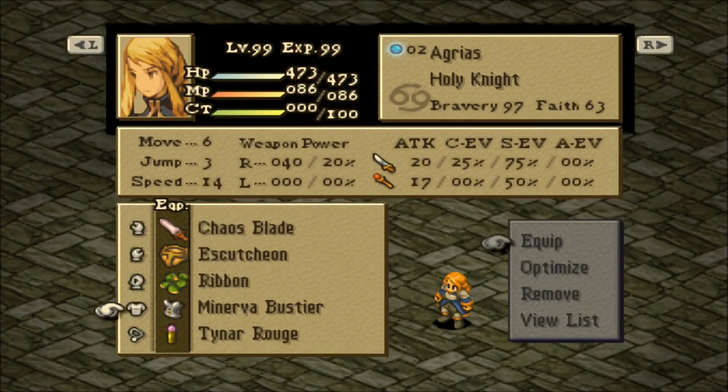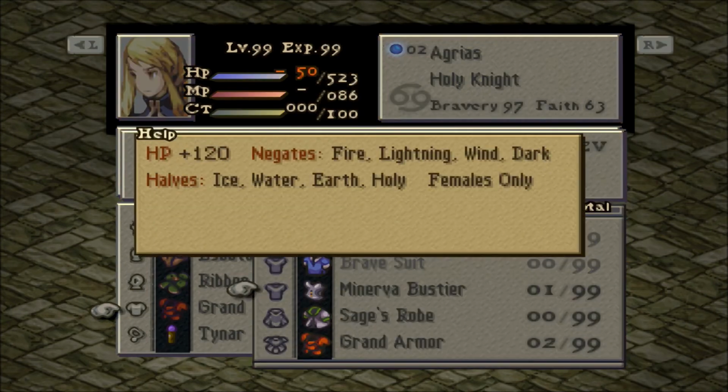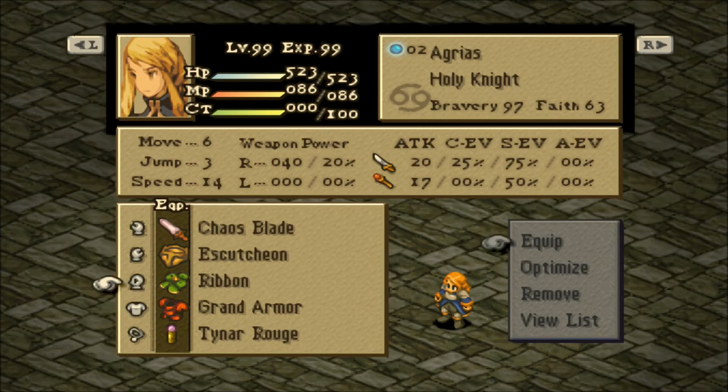I would say though, and honestly, yeah, this probably is better. I think this actually is better. Just because, for one thing, you're getting a little bit more HP out of it. Okay, yeah, you lose a little bit of these really cool resistances. So it negates fire, lightning, wind, and dark. That's pretty cool. And then halves a bunch of the other elements. But not having re-raise kind of stinks. And the reason why that is because